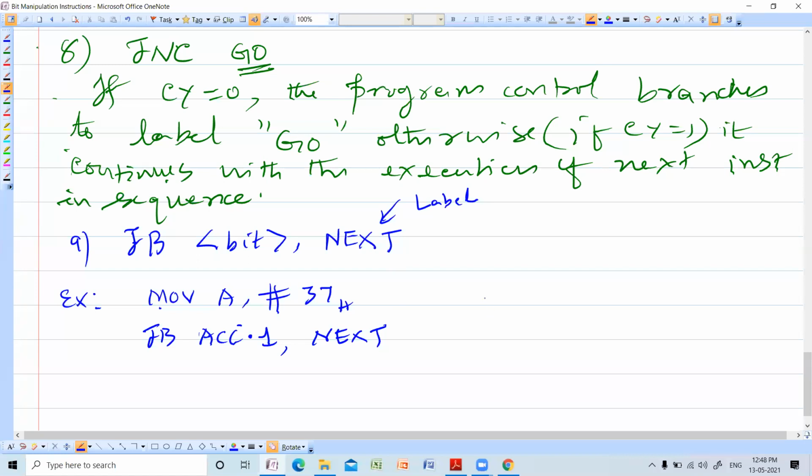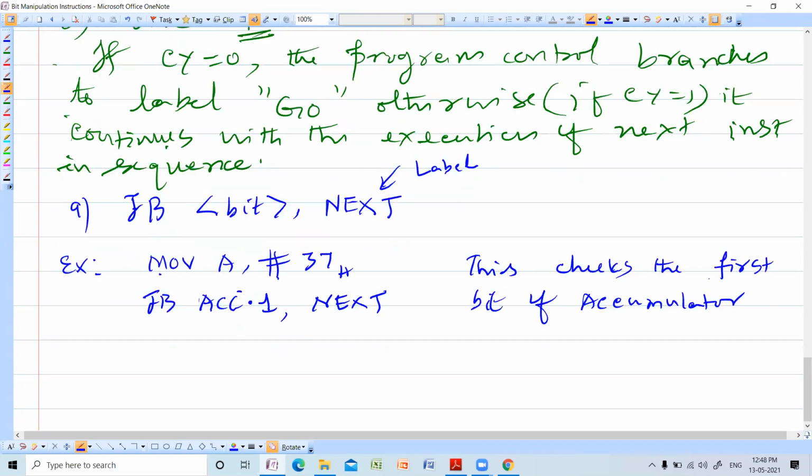That means this checks the first bit, because we always start from the 0th bit, then first bit, like that. So the first bit of accumulator. Bit numbering always starts from 0. That you have to remember always.